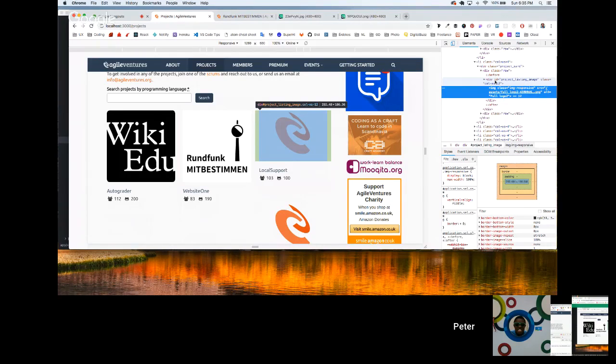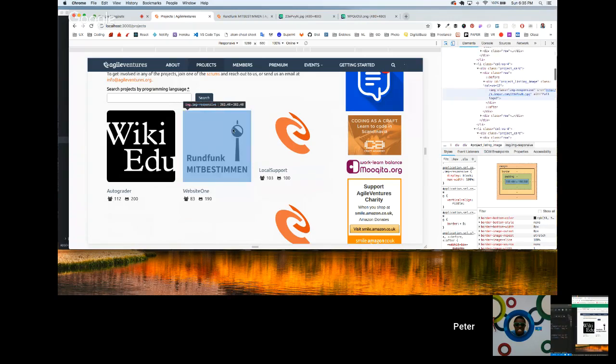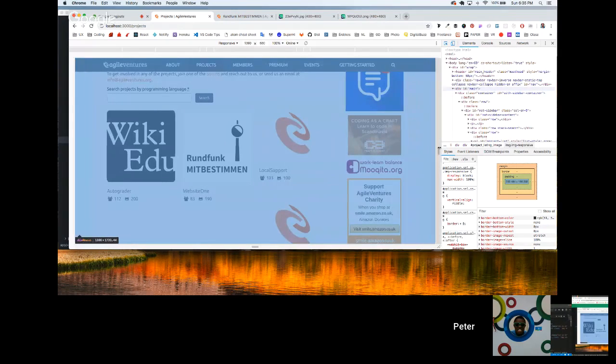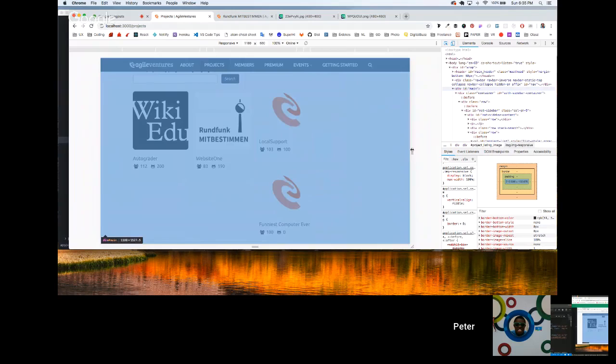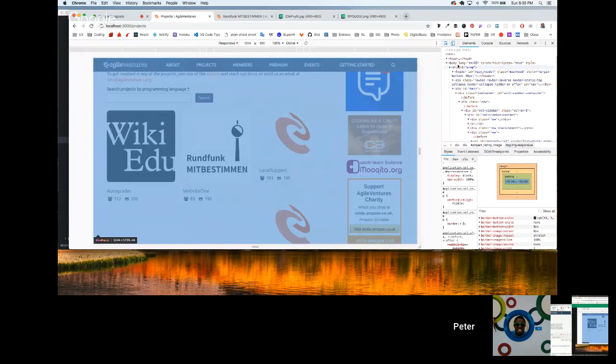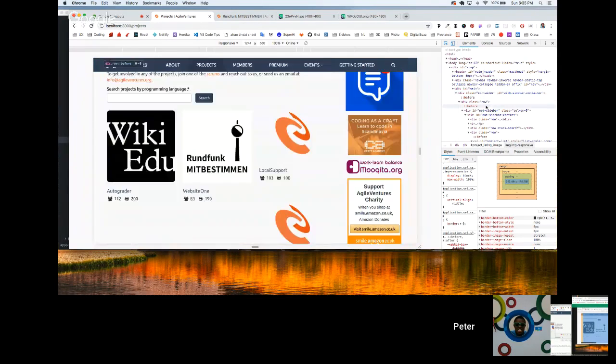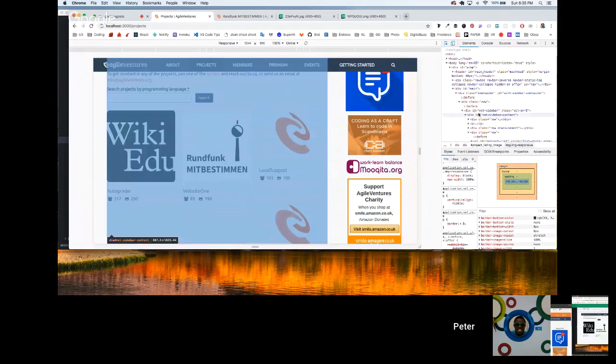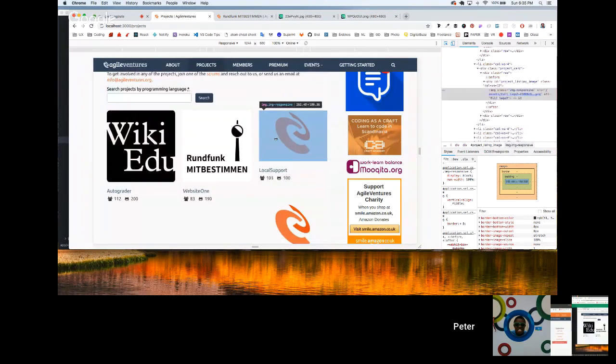That's why I was suggesting the background image before. I'm just wondering, this is always the same size, so whether... not really,